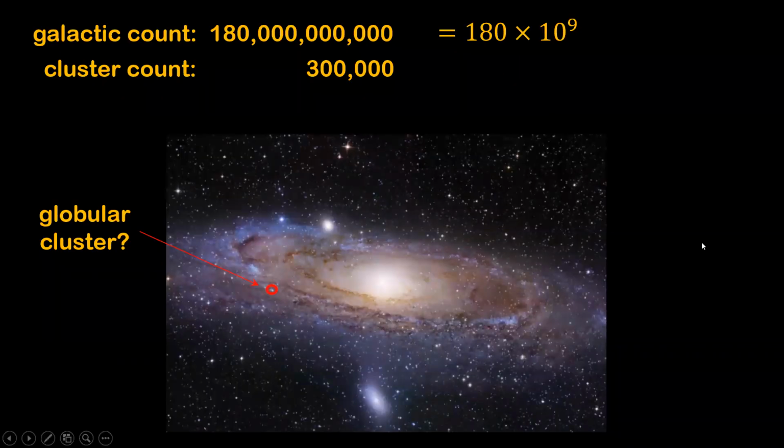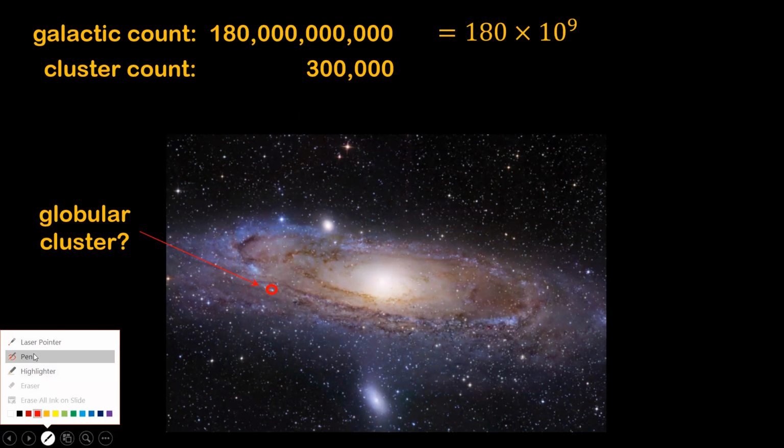Much better. Okay, so I looked up the number of stars that you can typically find in a globular cluster. It could be anywhere between 100,000 and a million, approximately. So let's pick a number like 300,000. Perhaps these astronomers, by studying the globular cluster carefully, come to the conclusion that the cluster has something like 300,000